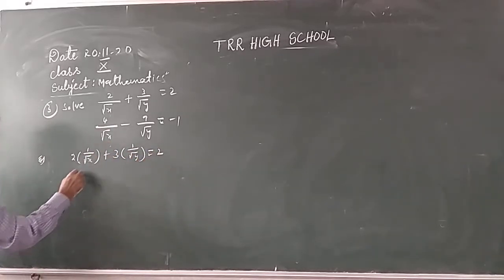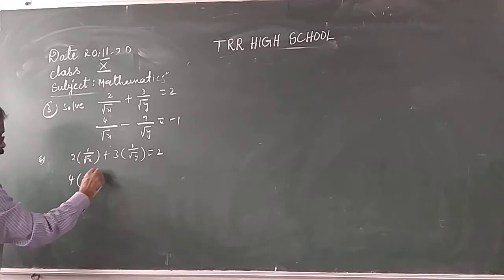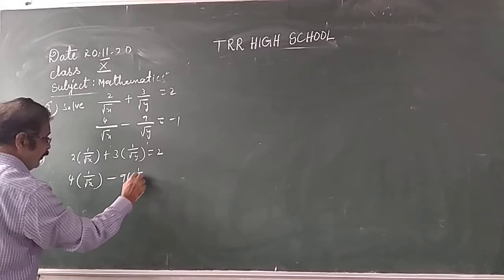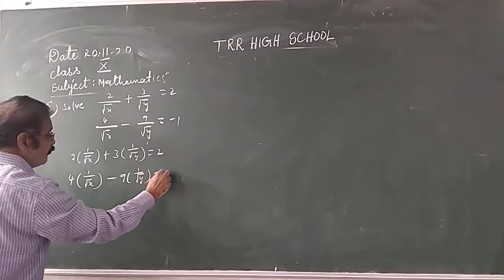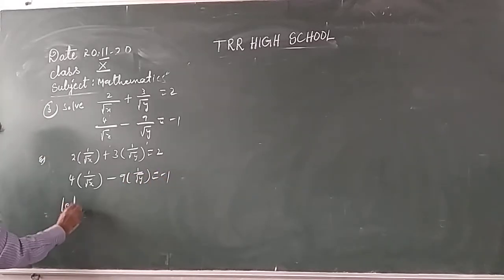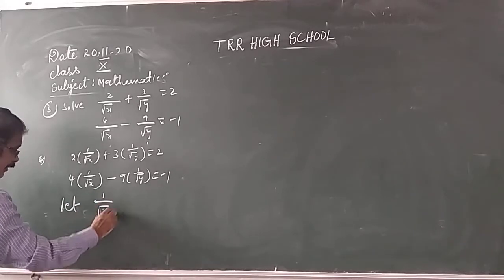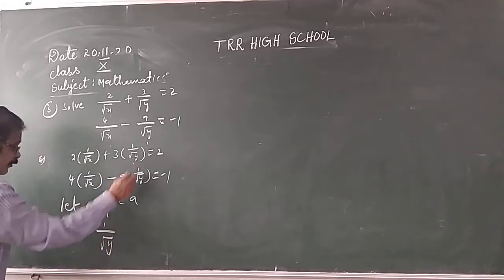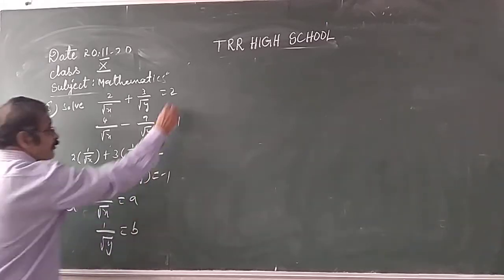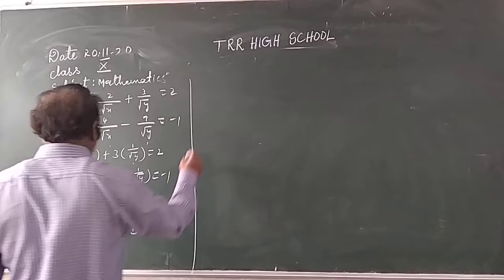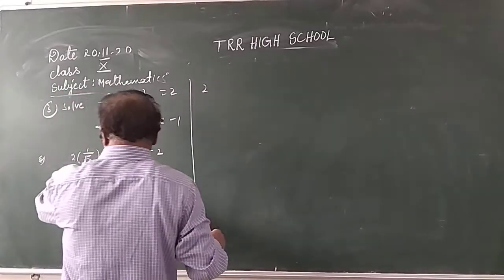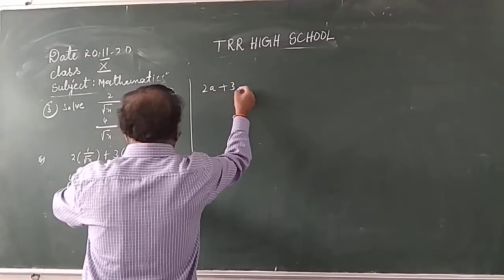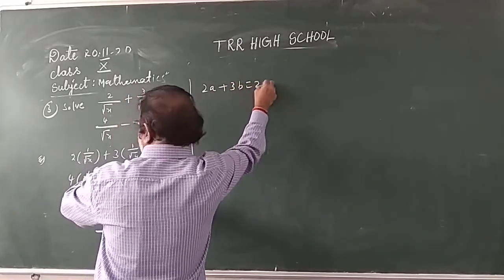4 by root x means 4 into 1 by root x, minus 9 by root y means 9 into 1 by root y, is equal to minus 1. Let 1 by root x be a and 1 by root y be b. Replace it. Now 2 into 1 by root x, which is a, plus 3 into 1 by root y, which is b, is equal to